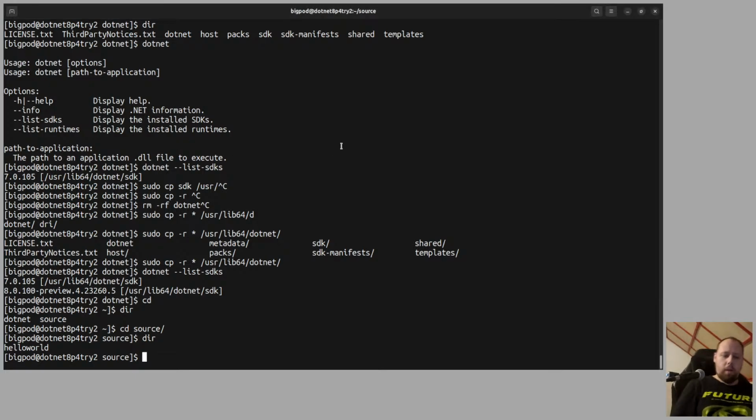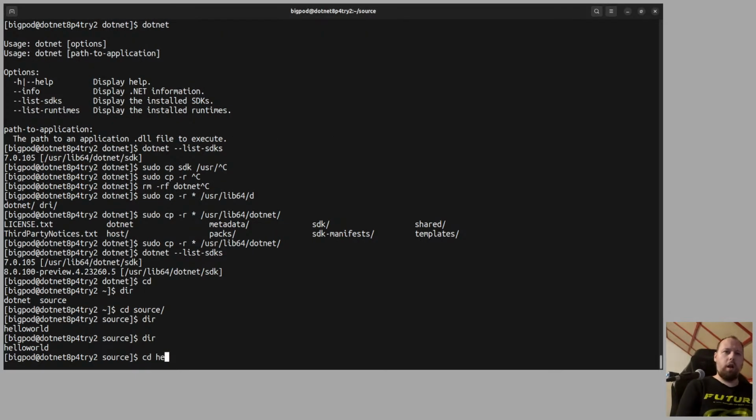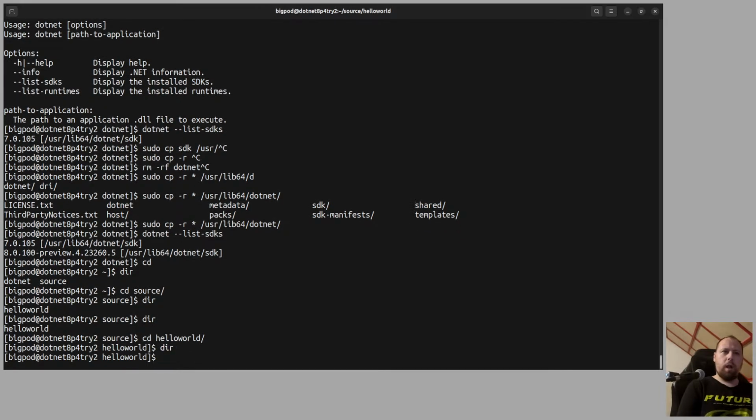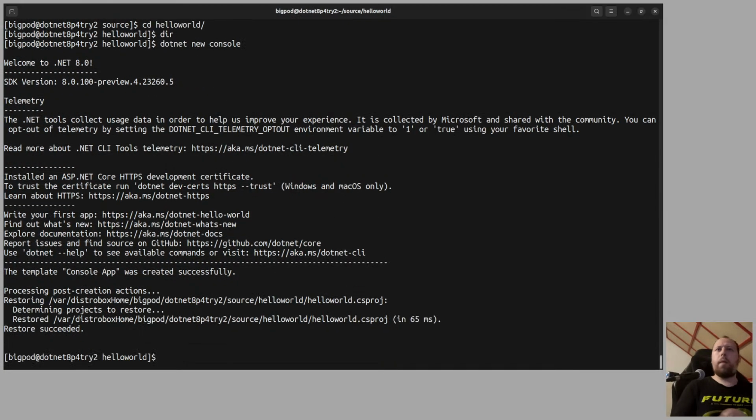But let's begin. So we have our hello world here. And let's make our new .NET application. It's going to be a CLI application for a start. dotnet new console. Okay, so it does some work. And yes, .NET has telemetry by default, and you can disable it using an environment variable,